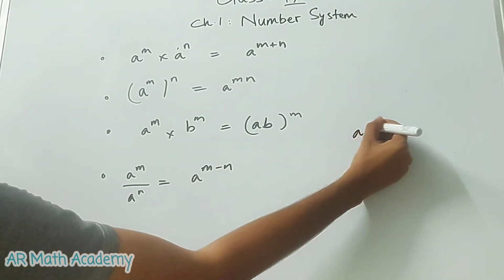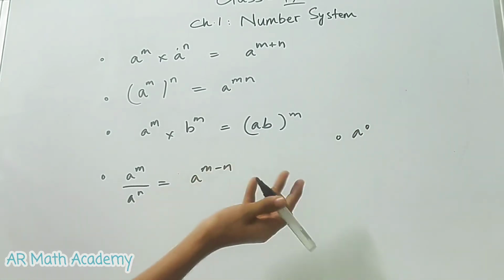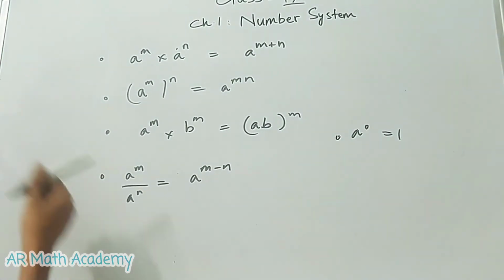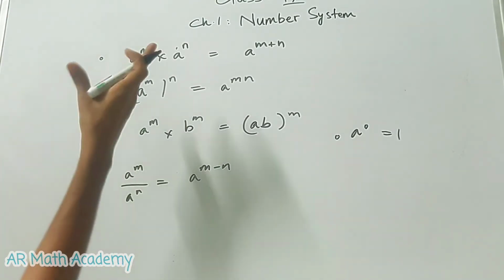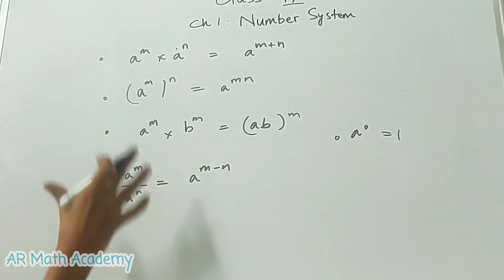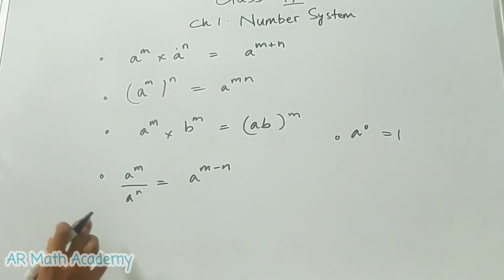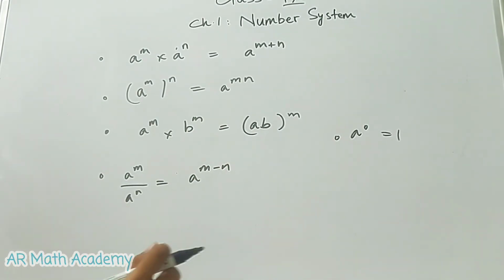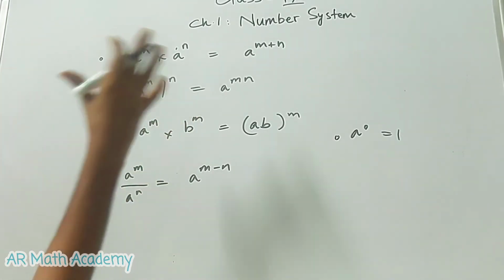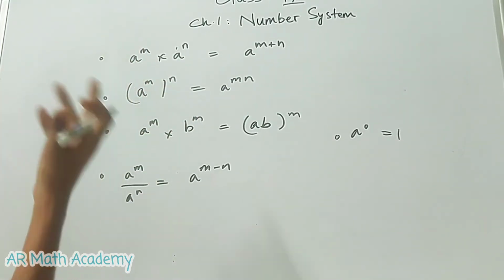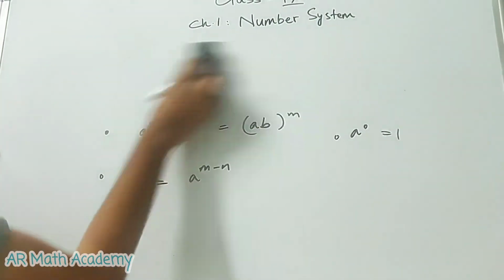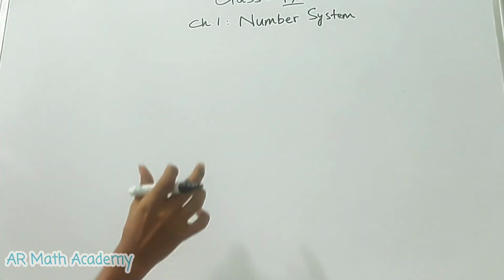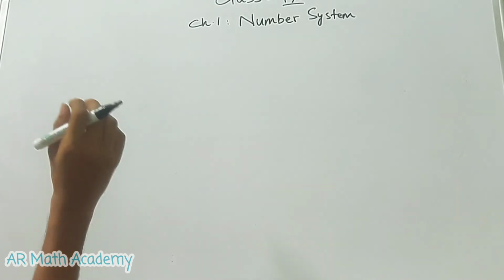So these are some basic laws you have already studied. Now a power 0, I don't think of it as a law, but a power 0 is 1, that is already known. So these are all some of the basic laws of exponents we have already studied from our 8th standard. Well, you can remember them, right? Or by now you might know them. So some problems might be solved using this. I'll solve some problems using these laws, so try to remember those laws so that you can solve along.